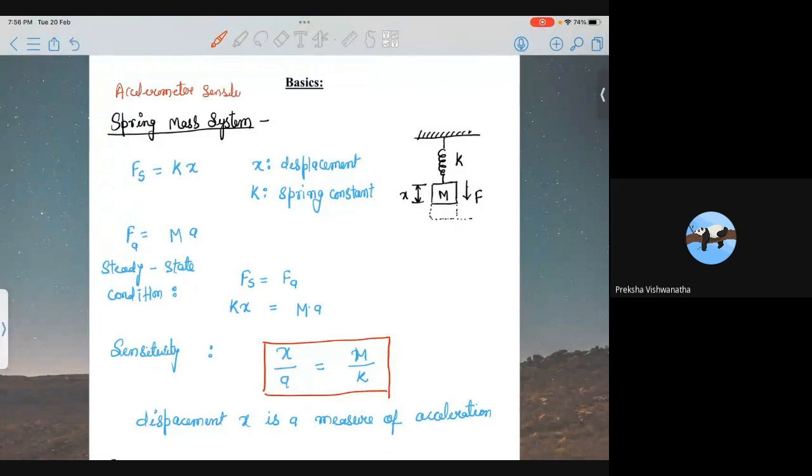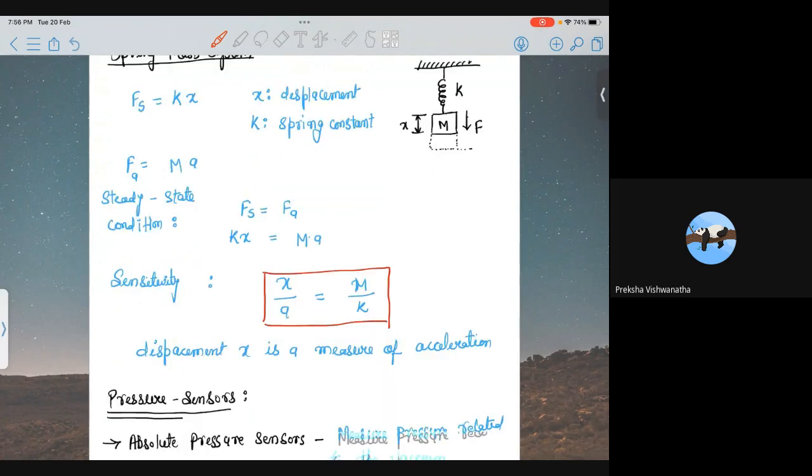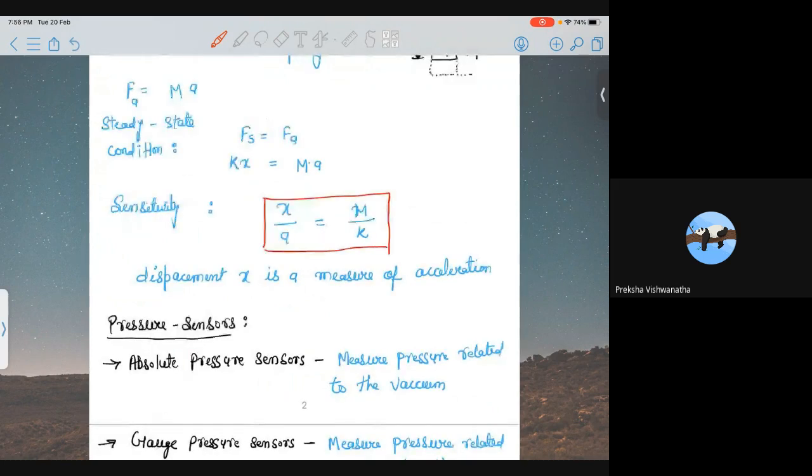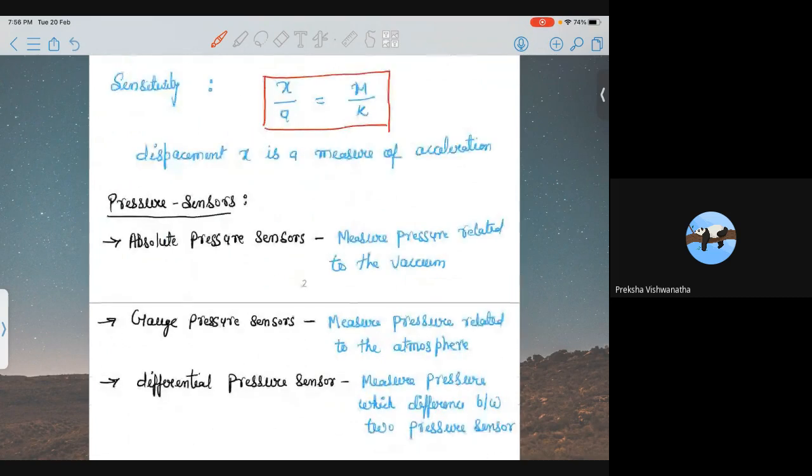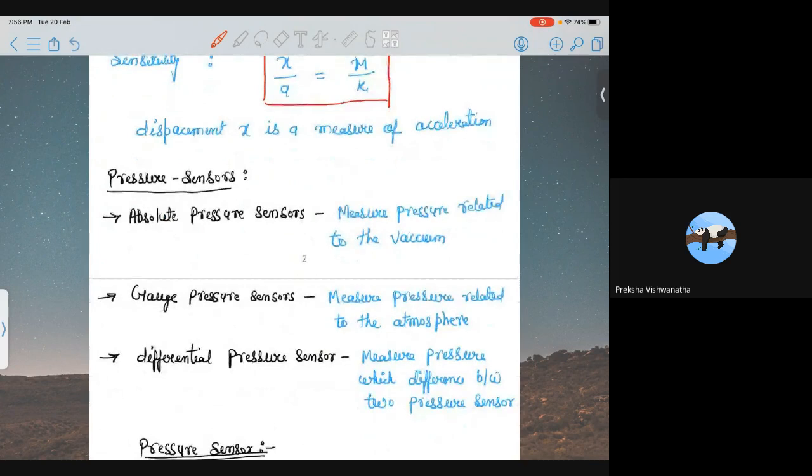So we have seen the sensitivity of the accelerometer, which is a measure of displacement in terms of acceleration, or we can write it as m by k. Then we have seen different kinds of pressure sensors: absolute pressure sensor, gauge pressure sensor, and differential pressure